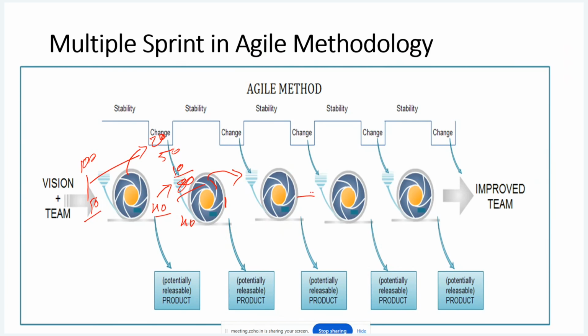So bit by bit we are going to develop each and every requirement. At the last sprint we have a final product. This is a well-developed product. You can utilize it. You can actually use this product. This is called the agile model, where you do not have clarity. You can follow the agile model.